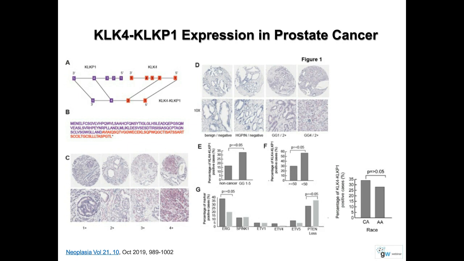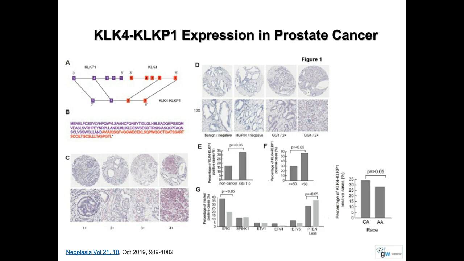There is no expression in benign tissue in the left two panels, and the right two panels are the cancer tissue, where you see expression. At the bottom, in C, we show the different levels of expression. Some cancers show low level expression, as we saw in the PCR data two slides before, while some samples show very high level expression, which we classify as 1+, 2+, 3+, or 4+. Based on this, we were able to show that the expression is very specific to high Gleason grade prostate cancer, as shown in E.